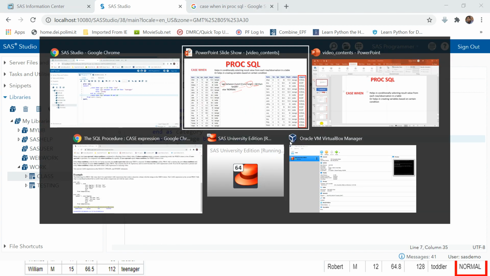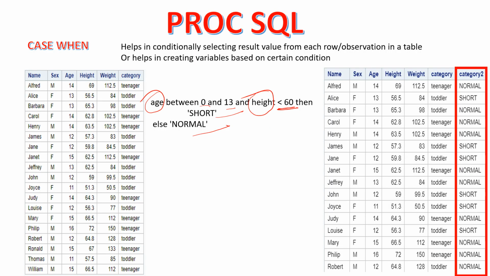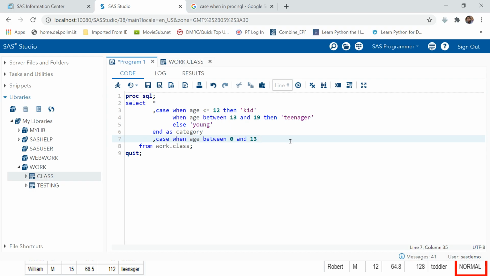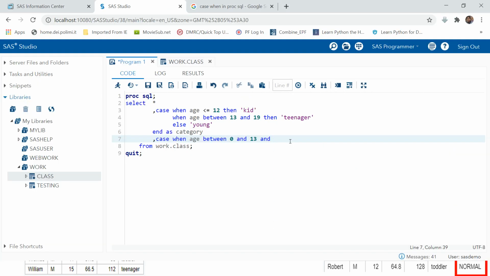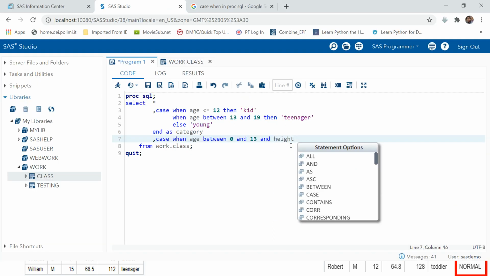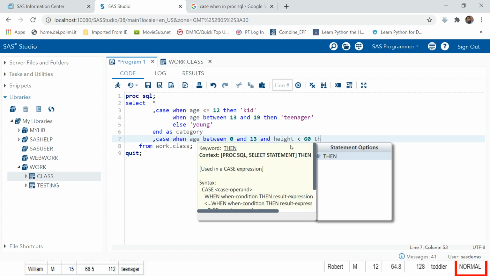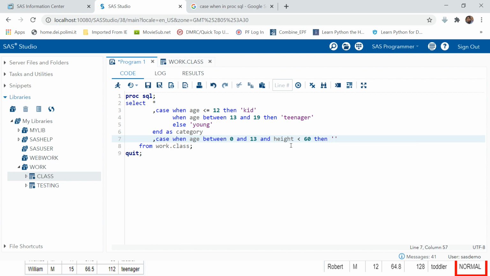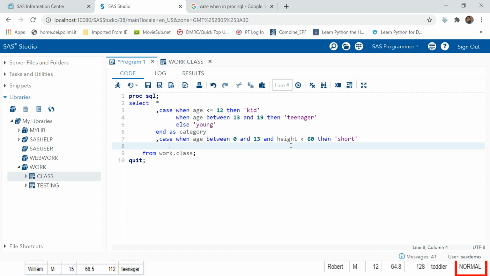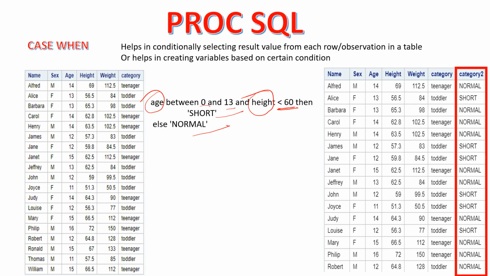So our condition says when age is between 0 and 13, and the next condition comes over here, which is height less than 60, then make it short. Next condition. Otherwise, okay, there is no next when statement.